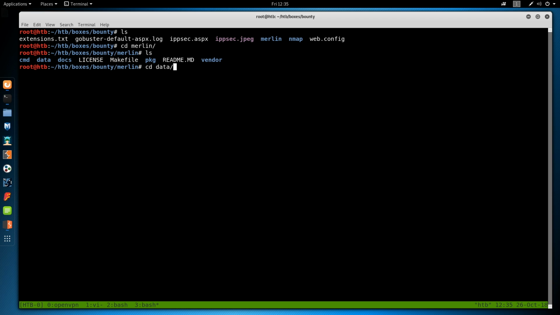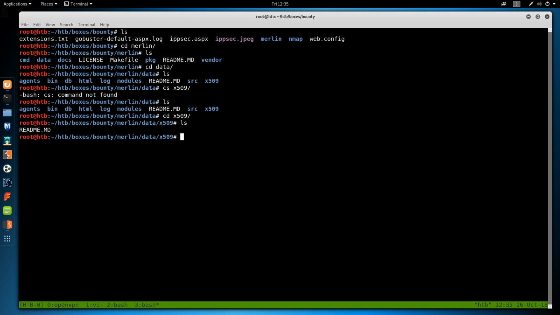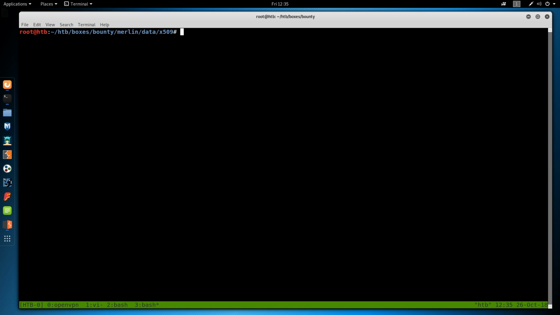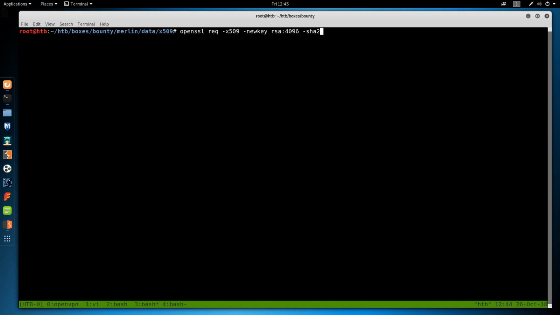The first thing we have to do is create an X509 cert because it does everything over SSL. And there is no cert here. So let's do openssl req -x509 -newkey rsa:4096 -sha256 -nodes. It sounds like it's spelled nodes, but it's no DES. Then -keyout server.key, and then we want -out server.crt, and the subject is going to be